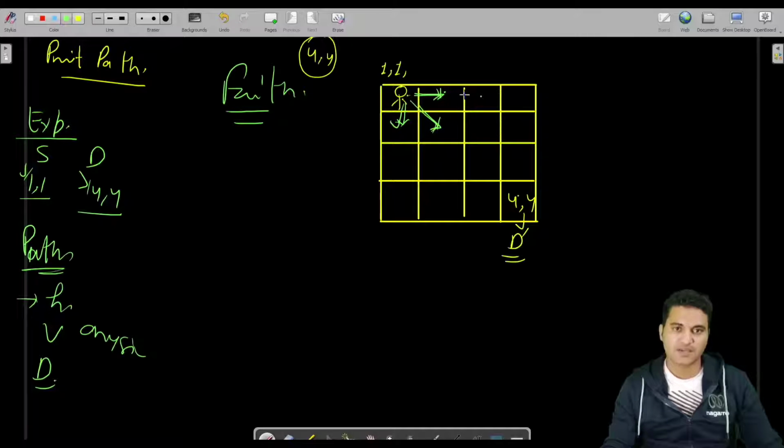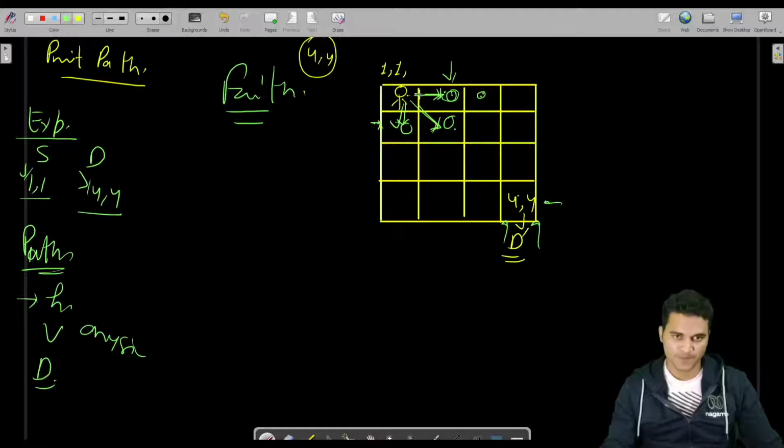So if I can get all the paths from here, here, here, I'm looking for only this. I'm discussing here only this column. Of course I can get all the paths from here to here also. So if I can get all the paths to reach from this position to this position, and this position to this position, and this position to this position, because I have here three chances: vertical, horizontal, diagonal.